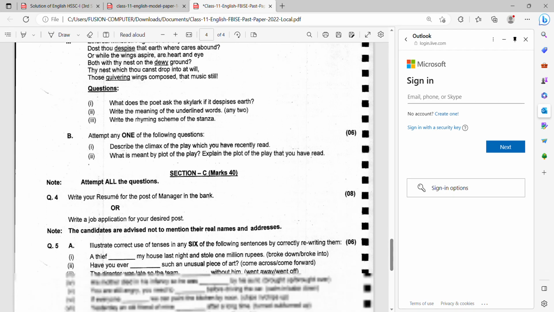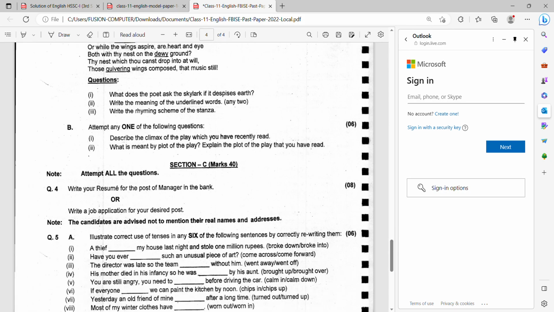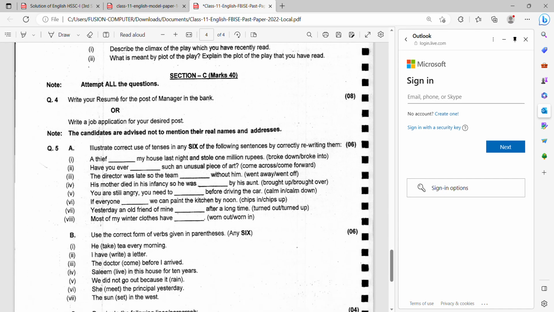Part B also contains 6 marks, and you have a choice here: you have to attempt 1 question out of 2. Here begins Section C. It also carries 40 marks. Question number 4 is